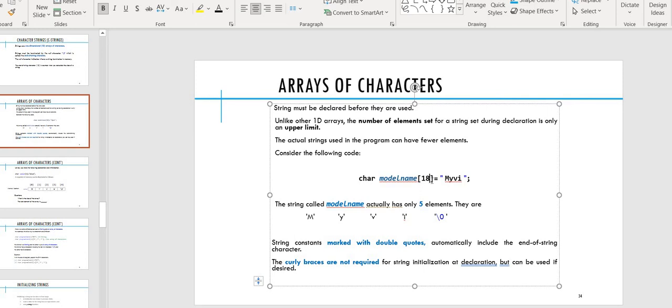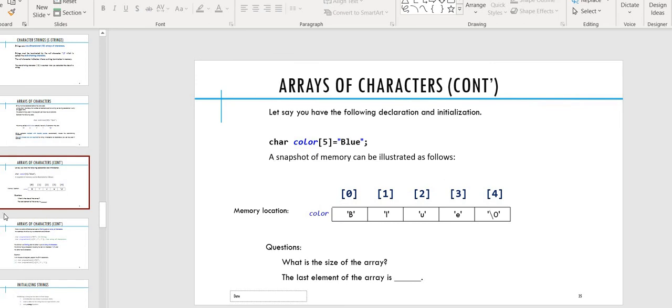Okay, so you just put extra value here, so that the computer will allocate an extra location in memory. Okay, so alright, next slide is